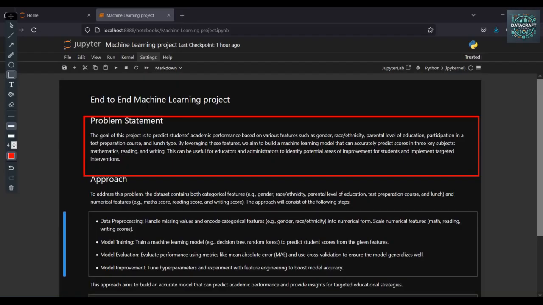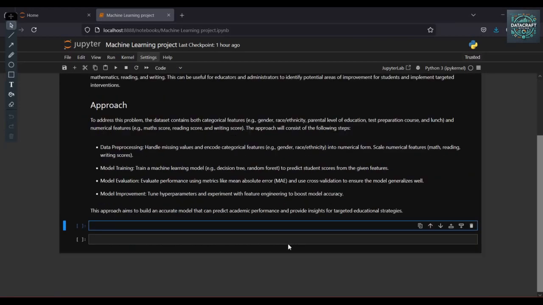But in this particular case, I am going to use 4 metrics, which are the mean absolute error, mean squared error, root mean squared error, and R square. The fourth step is model improvement. I am going to apply hyperparameter tuning and experiment with feature engineering to solve this problem.